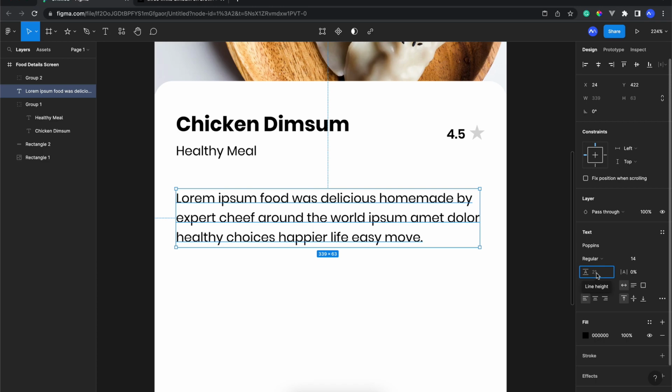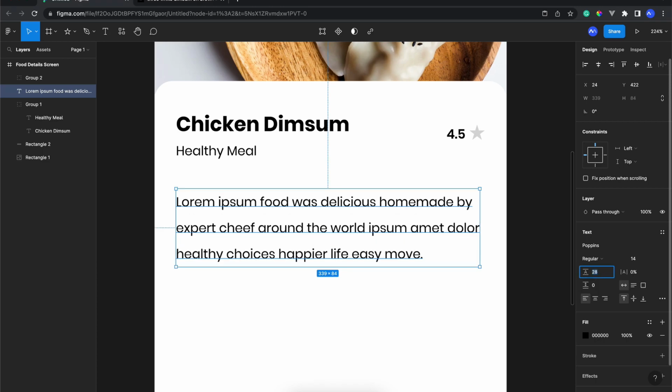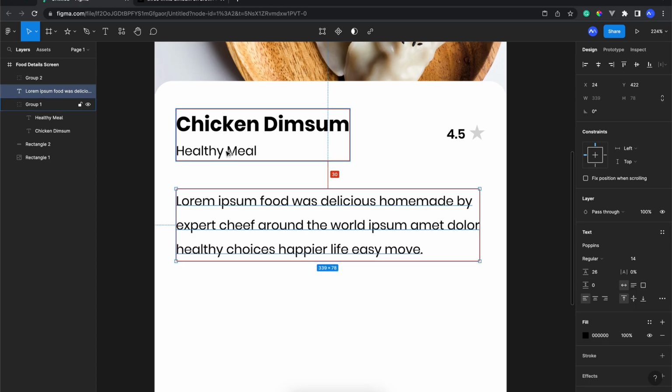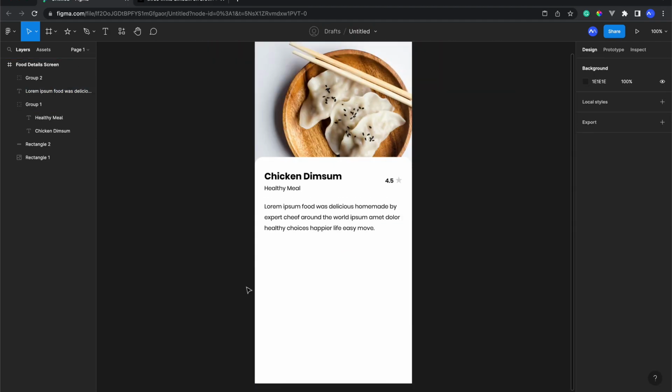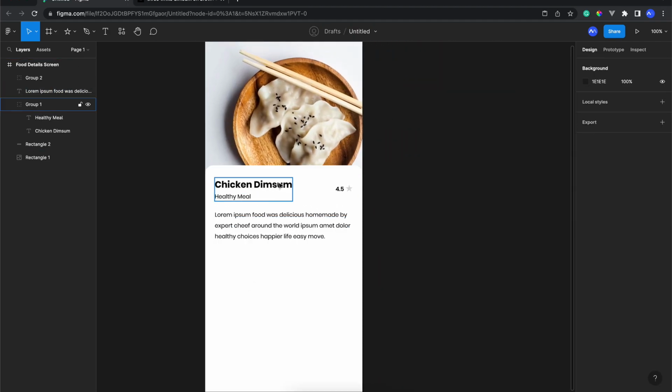We're gonna set up a bigger number, maybe 28 or 26. Yeah, that's enough. And make sure that the margin top is 20 pixel. We don't want to make it too far from this header title.